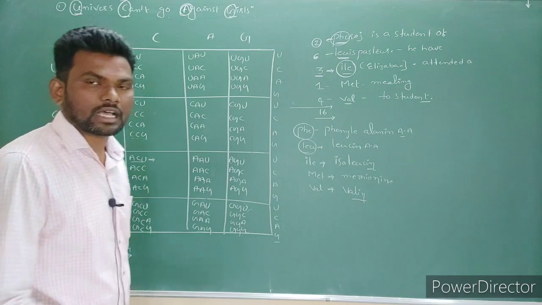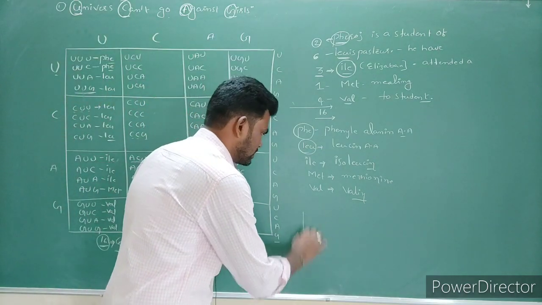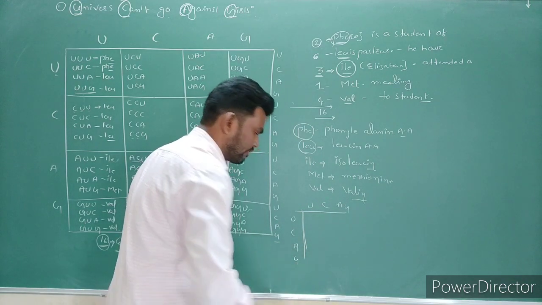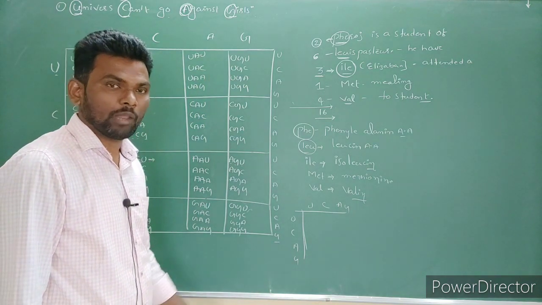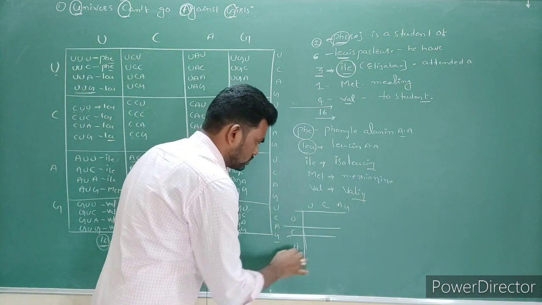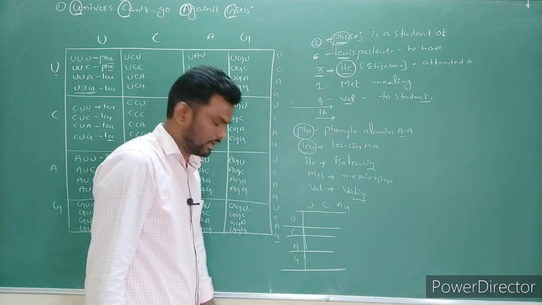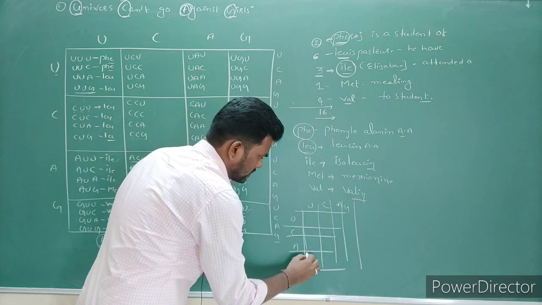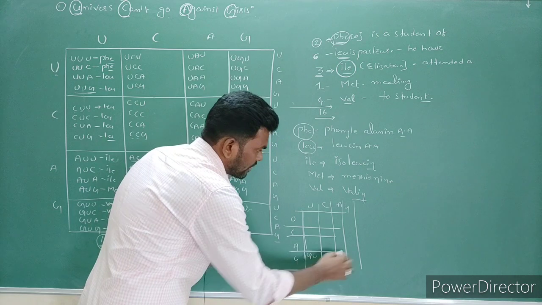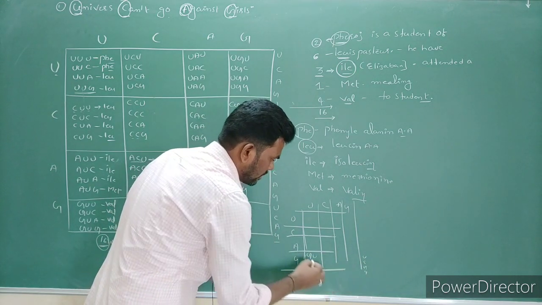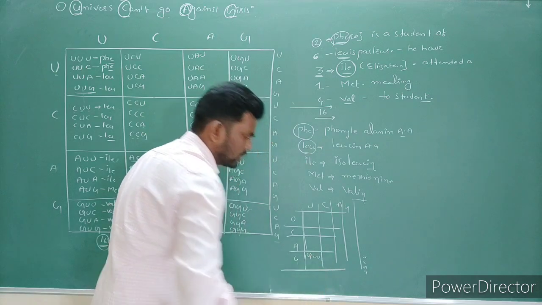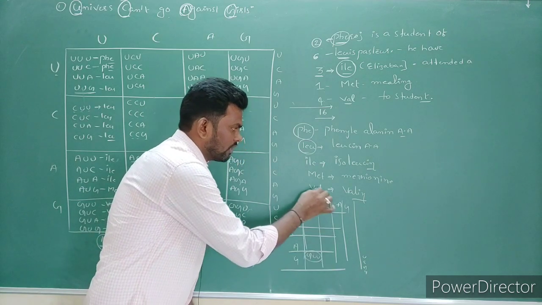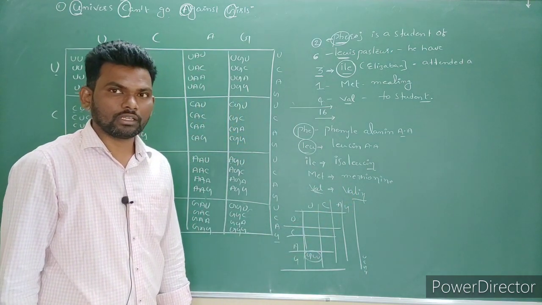For example, if someone asks what is the code of valine, what do you have to do? First, you can make a column: UCAG, right? Valine, where does it come? Valine comes in the last column. 1, 2, 3, 4. Here it will become valine. It means GU, and the last one is UCAG. GU and U. So without adding anything, you can simply say GUG is going to code for valine. Enough.